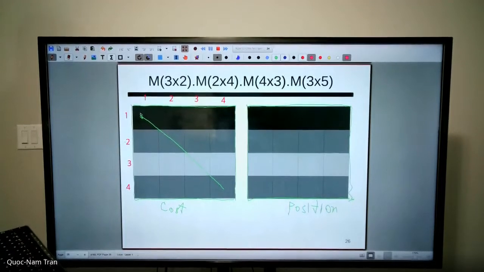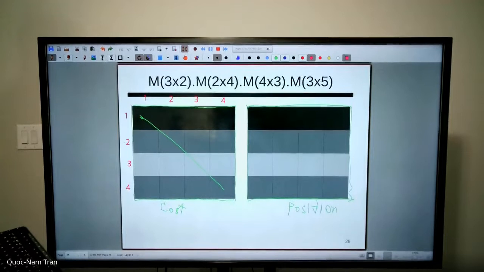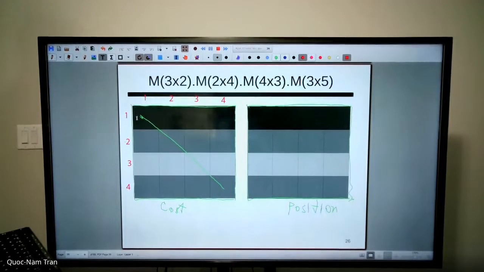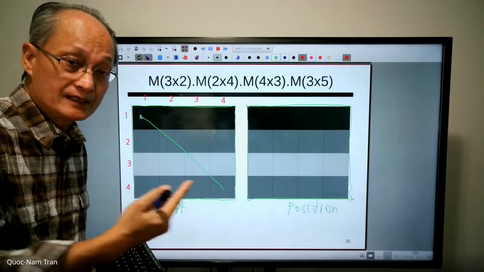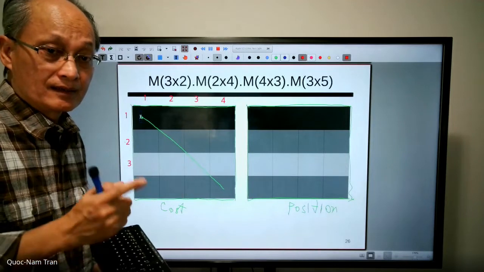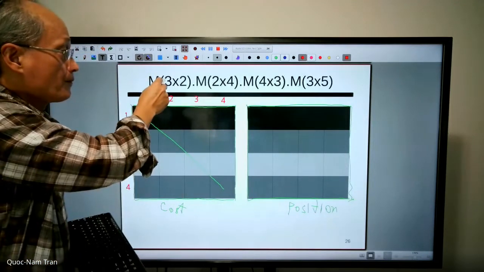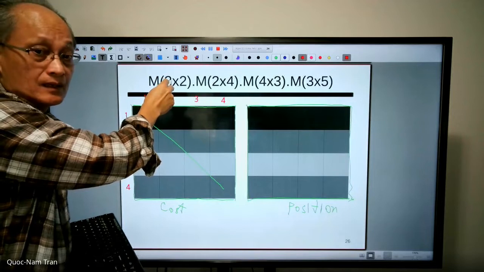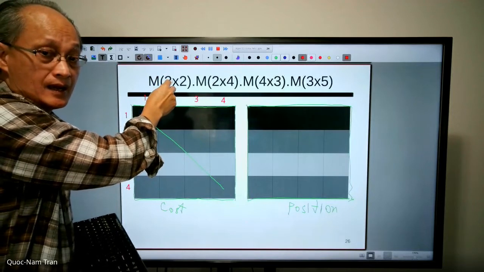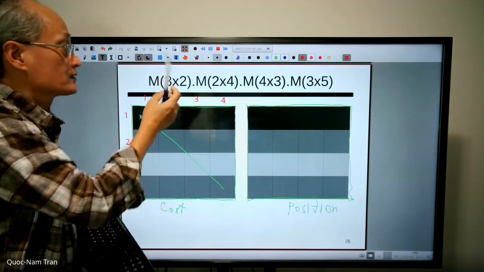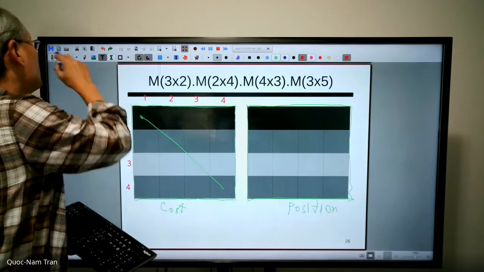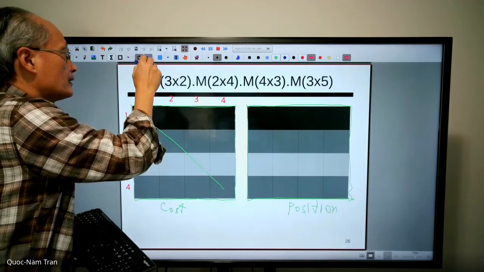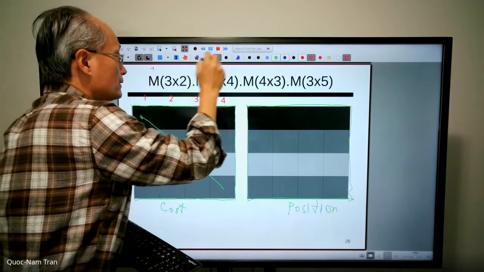What is the minimum cost if I multiply the sequence of matrices starting from 1 and ending in 1? Meaning I have only 1 matrix, right? So again, here I will number that 1, 2, 3,